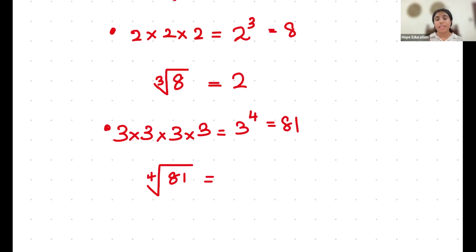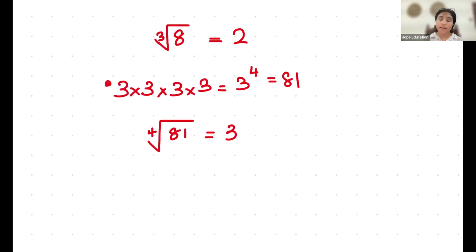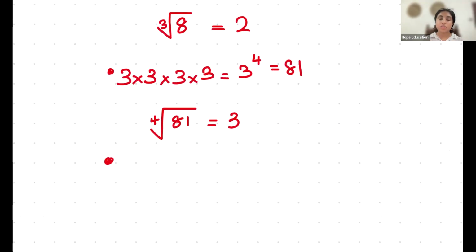3. If 3 to the power 4 is 81, the fourth root of 81 is 3. Let's say 2 times 2 times 2 times 2 times 2. 2 times 2, 4, 4 times 2, 8, 8 times 2, 16, 16 times 2, 32. 2 to the power 5 is 32, which means